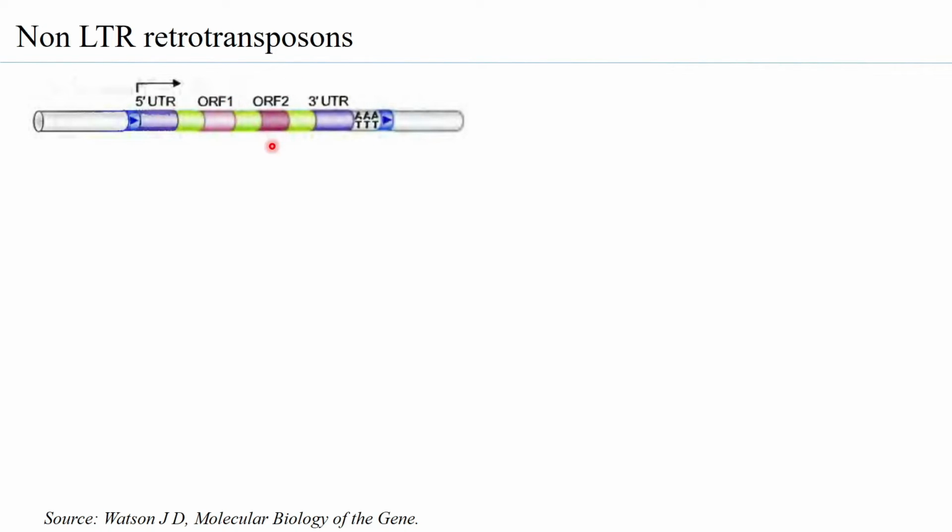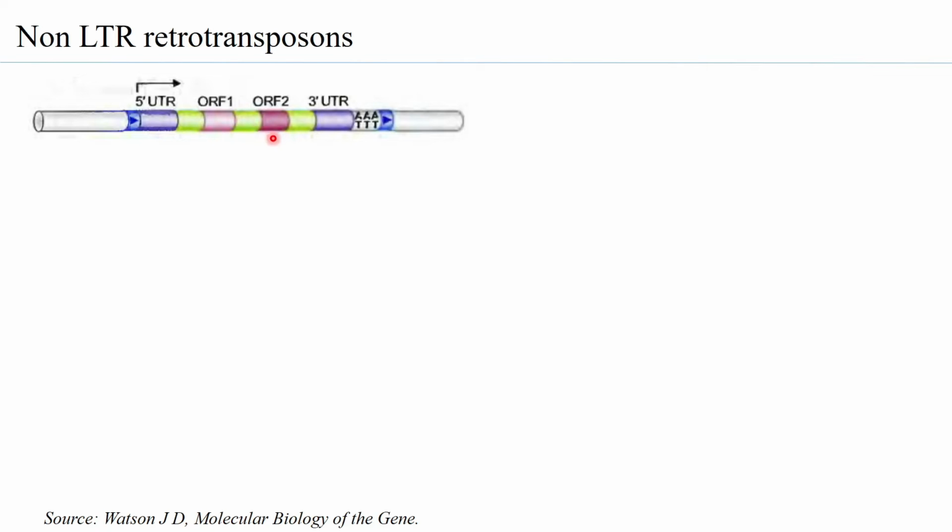You have two ORFs, okay, ORF1 and ORF2, which will give rise to the products ORF1 and ORF2. You have the 3' UTR, but interestingly, what is present is a poly A at one end of the non-LTR retrotransposon. Because of the presence of this poly A, these non-LTR retrotransposons are also named poly A retrotransposons,